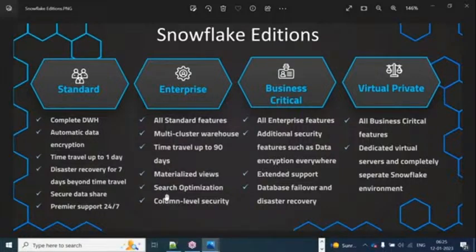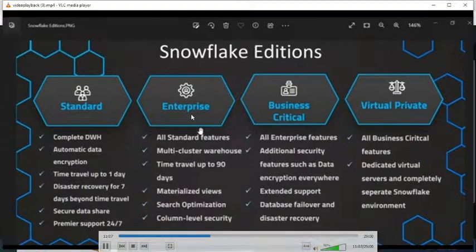Search optimization and column level security are also provided in the enterprise edition. In business critical, whatever the features are available in the enterprise edition,